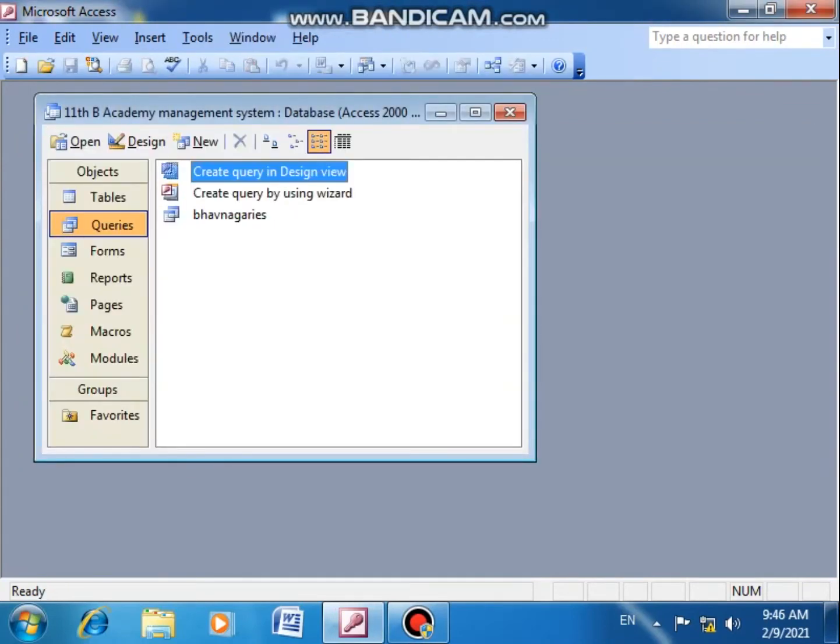Now one more thing, you may be having a question: sir, in the fees table or attendance table we did not take the name field, we just took GR number, right? Sir, if we want the printout of the students who have paid the fees or who have not paid the fees, then how odd it will look, right? Fine. So there is no need of repeating the data. Simple, you can use the query to get the output.